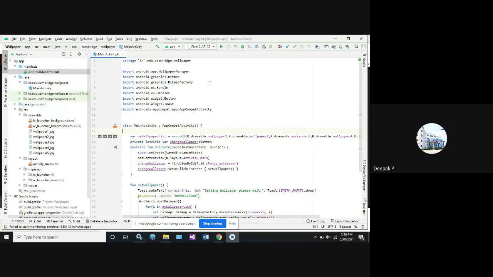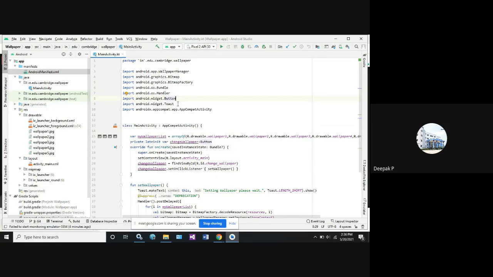After that, we have one more to control those bitmap images or the pixels in the screen. We need to have a factory method, and that factory method is called BitmapFactory. Next, as usual, these two are common, so we'll be having the operating system controller and the handler functions. And we know this, we need to have one wallpaper button, so we have called it the widget button.